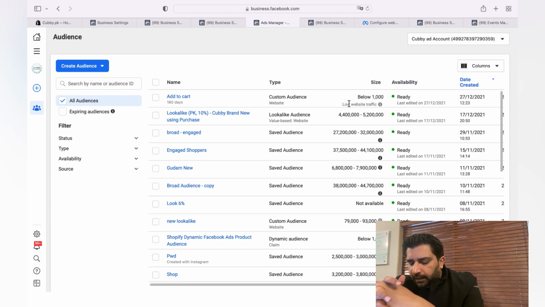Another very important tip is to retarget those people who have saved your posts on Instagram and Facebook. It's really easy for people to save your posts and interact with your page after 1 year, 6 months, 1 month or 2 weeks. So why not retarget those people if they have already visited your page and saved your post? That means they are somehow interested in the services or products you're offering.